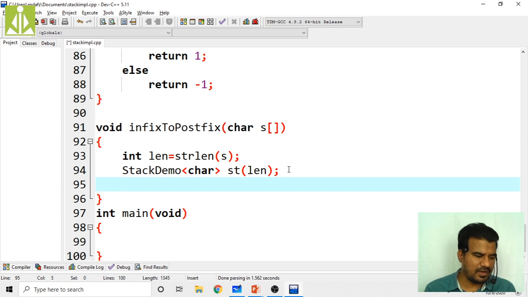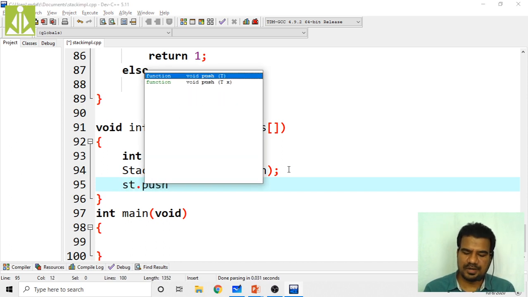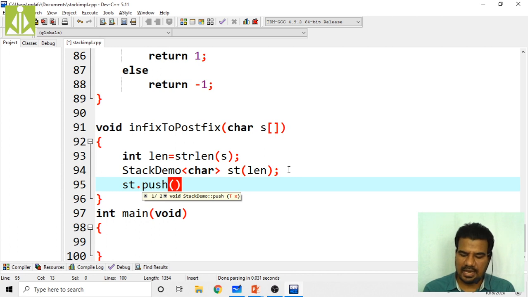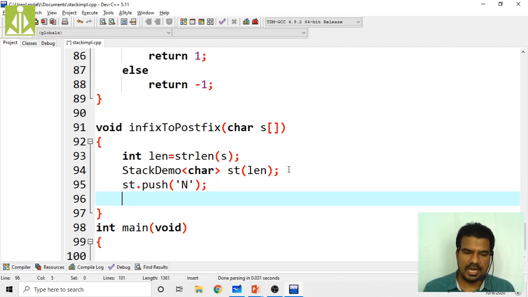The next thing we have to do is initially perform the push operation to push a known character, 'n'. Then take the output string. C++ does support strings, so string ns is my output string.